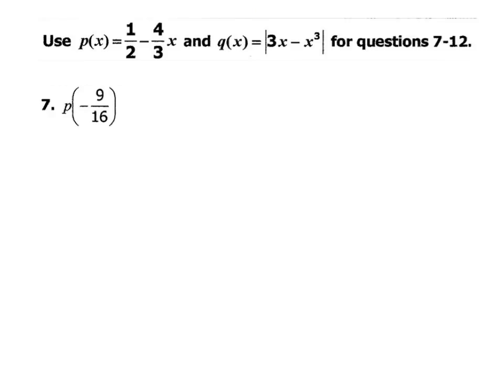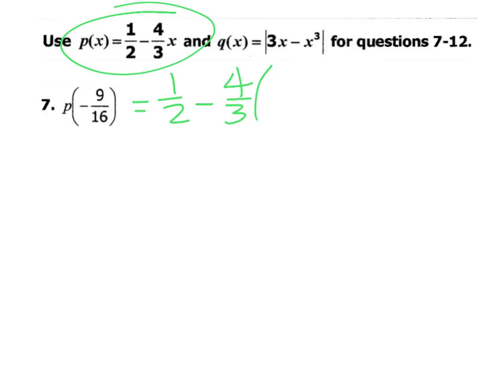All right, number 7. It's the same idea, but now we've got two different functions. We've got p of x and q of x. And for number 7, we've got a fraction, so don't let those fractions scare you. So number 7, we're saying p of negative 9/16. So we're going to be using our p function, and we're going to plug in negative 9/16 every time we see an x. So we've got 1/2 minus 4/3, and we've got an x, so we're going to plug in